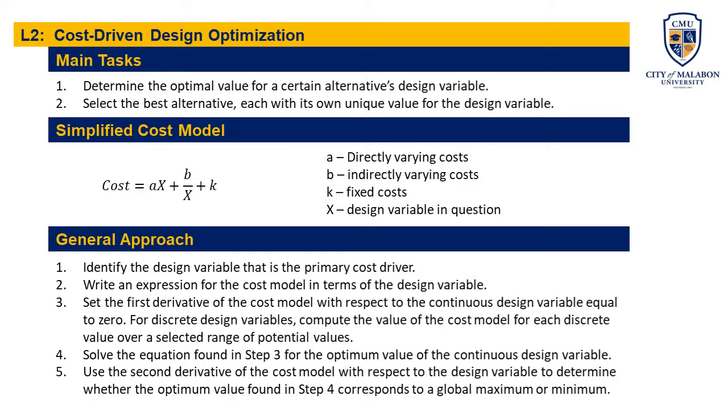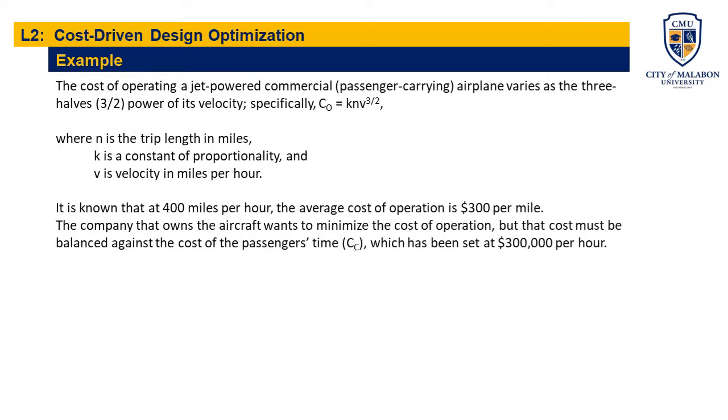Okay, so this is the general approach in optimizing a design with respect to cost. Let us illustrate this through the next example. Example: the cost of operating a jet-powered commercial passenger-carrying airplane varies as the three halves power of its velocity. Specifically, with this formula, the operating cost, C sub O, is equal to a constant n v to the three